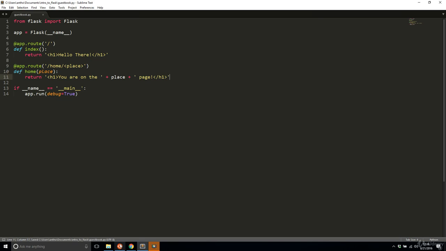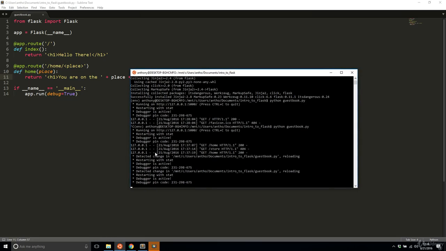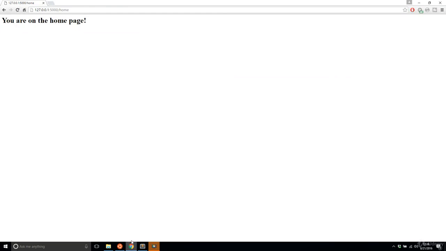So I'll save this. And one of the nice things about debug mode in Flask is if you have it enabled, the application will automatically restart every time you make a change. So you can leave it running and change the files in the application. It will detect that and automatically restart the server for you, so your changes will be there when you go to test. So now if I go to home and I type in